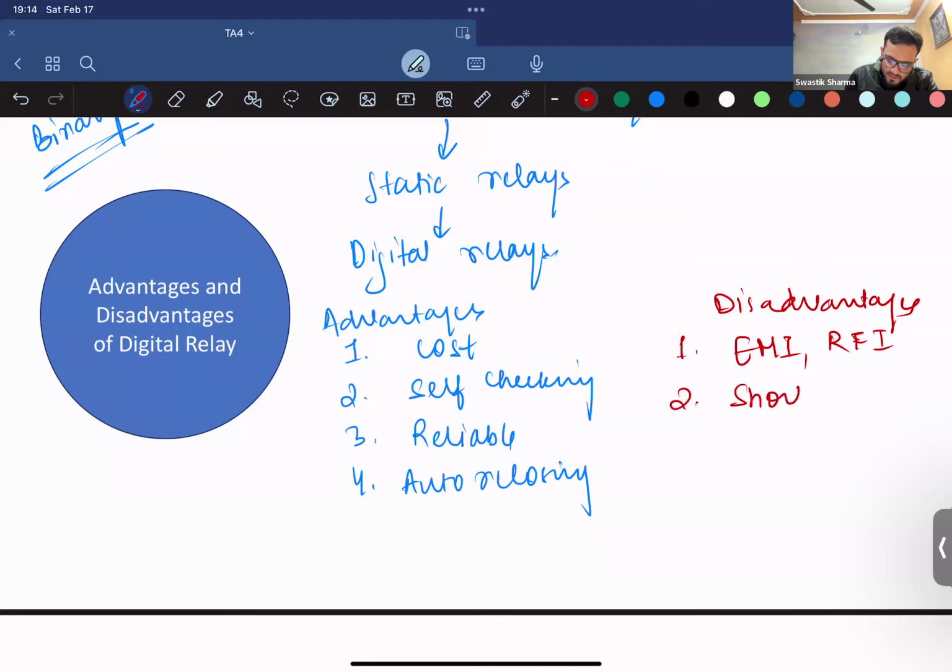Second, if a fault goes beyond a certain operating limit, their life is very short because they won't be able to experience that fault for a very long time,